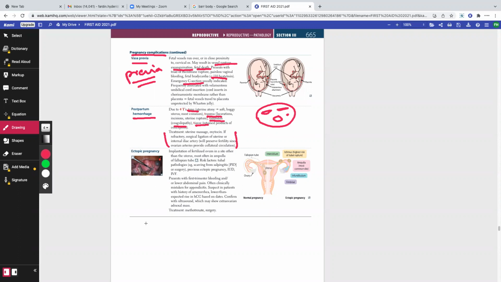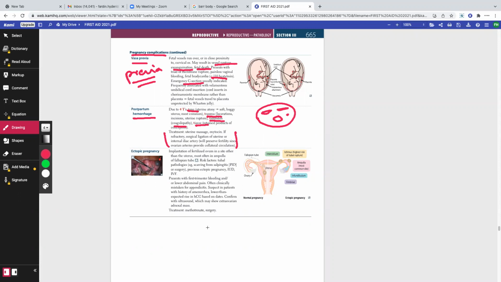After that, will you ask the patient's family to go and arrange for blood? Yes or no? The answer is yes, because blood for blood. And while they go and arrange for blood, are you going to start a massive transfusion protocol, that is blood, platelets, and plasma? Yes or no? The answer is 1:1:1. Blood, platelet, plasma. Fresh frozen plasma, blood, and platelet. So 1:1:1. This is called massive transfusion protocol.